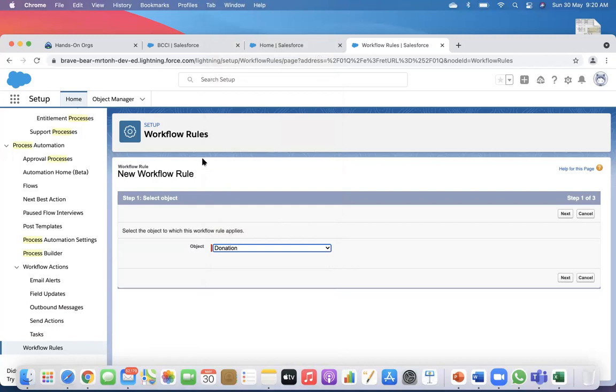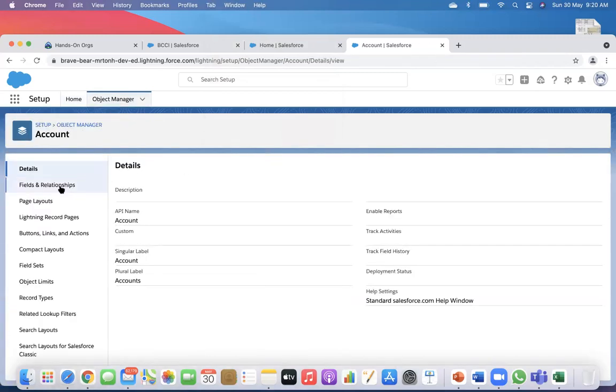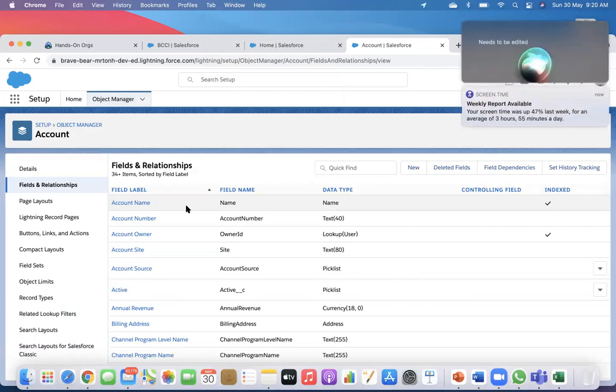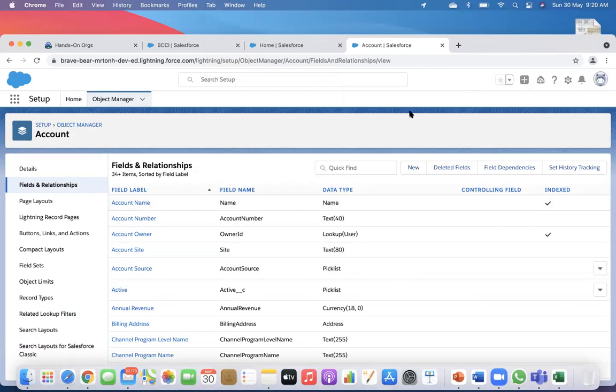Before doing that, let's create another field in account. So what happens if they say that the total donation field needs to be editable on the account side? Yeah, it can happen, right? The customer said that you populate all the values from child, but then allow me to update that. For this situation it is not applicable, but if you need something of that sort, that it has to be editable,